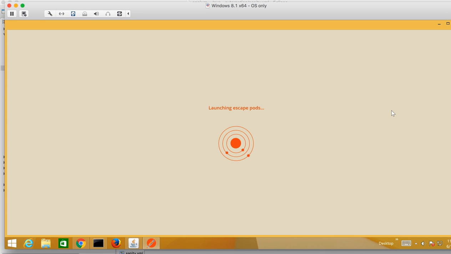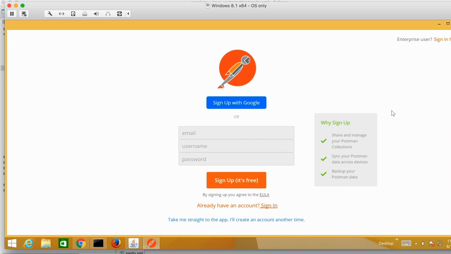When you open Postman, it will take some time to launch. Okay, still it is going on. Yeah. It will ask you for a username and password.